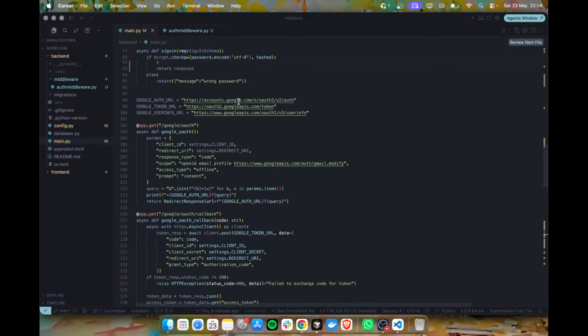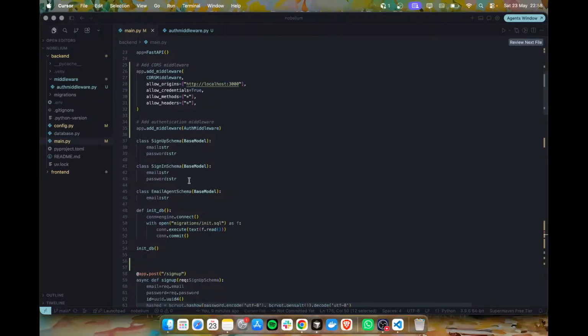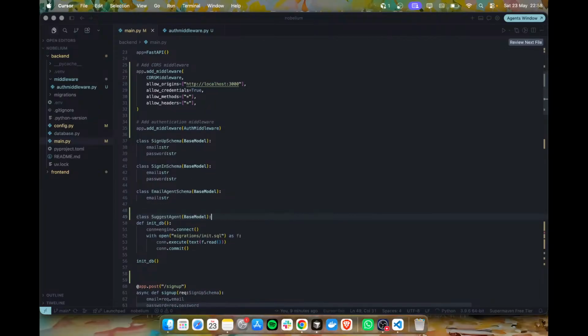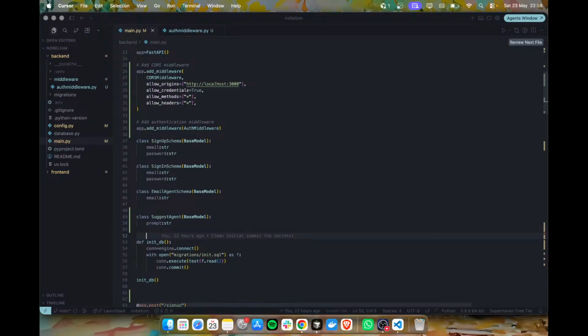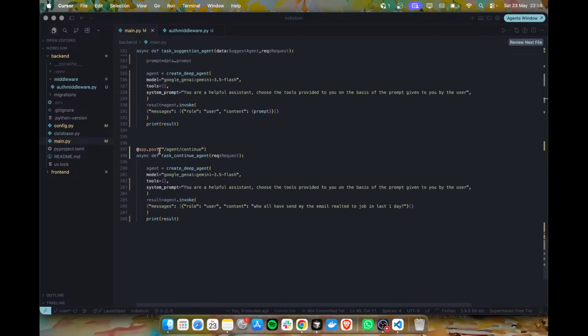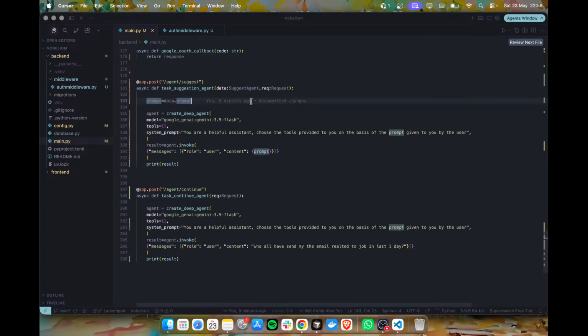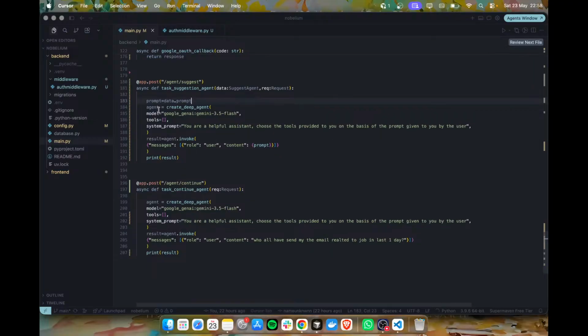Now the suggest agent class I have to define above. It should be class SuggestAgentPrompt. Alright, so the prompt is provided, and it will execute the prompt. This will happen, and then